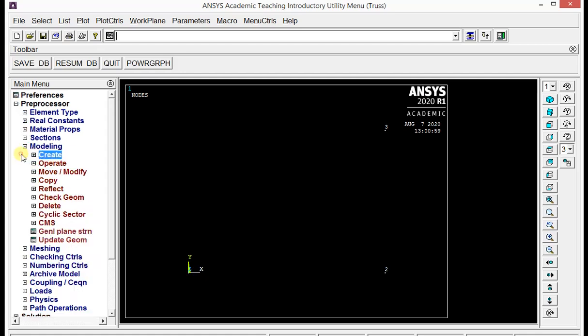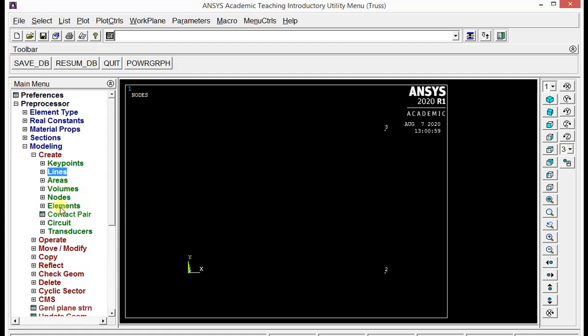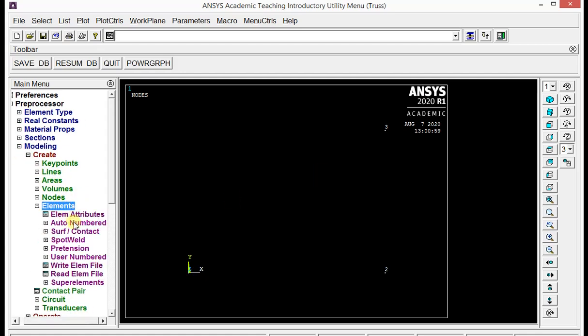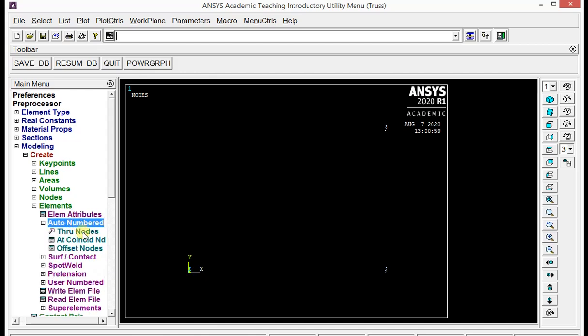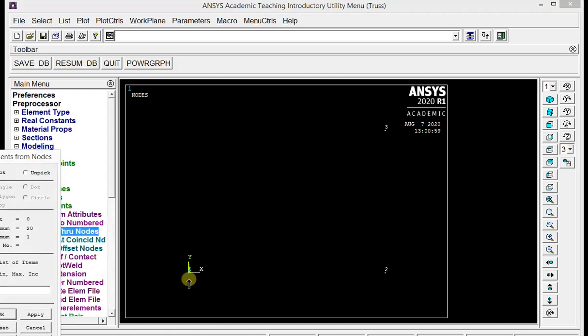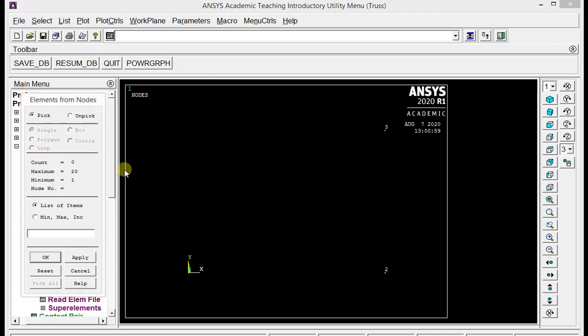Now join these 3 node numbers by using the elements. So click on elements, auto number and through nodes, because we have only a single element and single cross sectional area. So pick node number 1 and node number 2, click on apply. Again pick node number 2 and 3, again apply, and node number 1 and node number 3, and now click on OK.